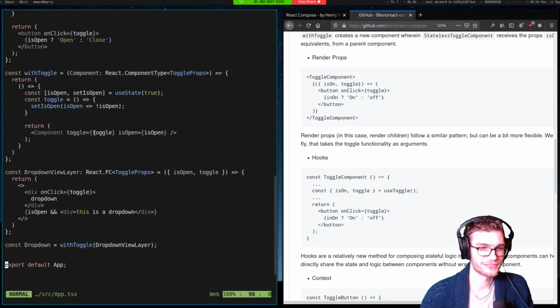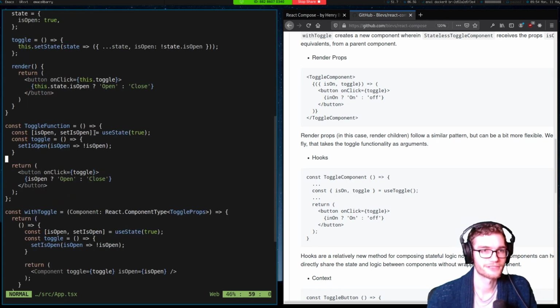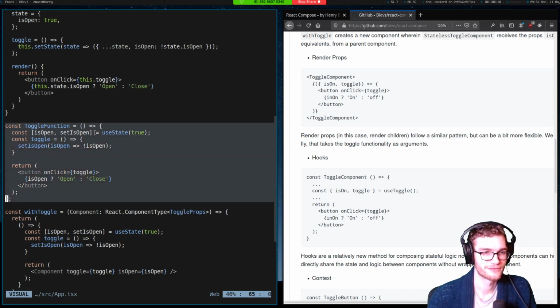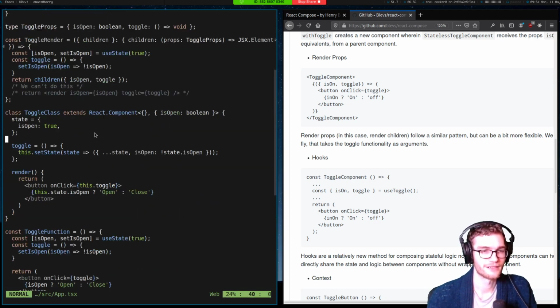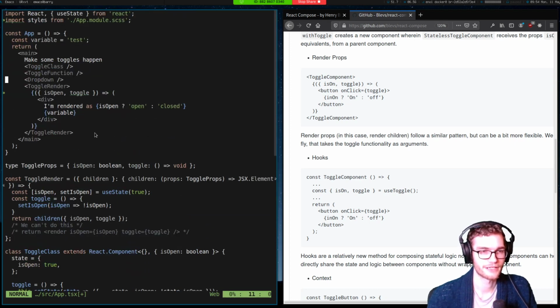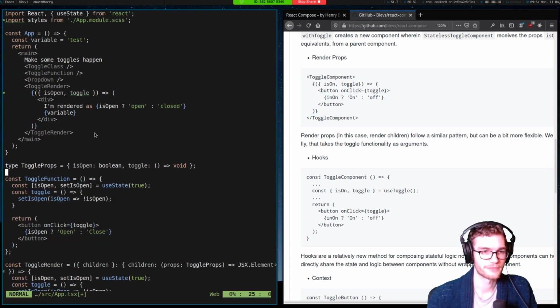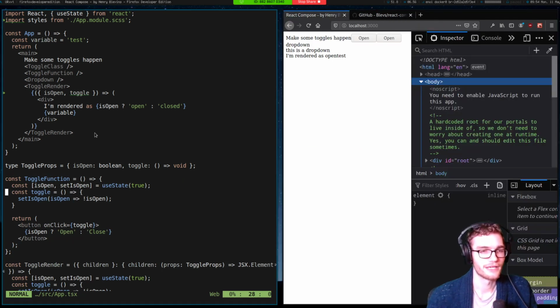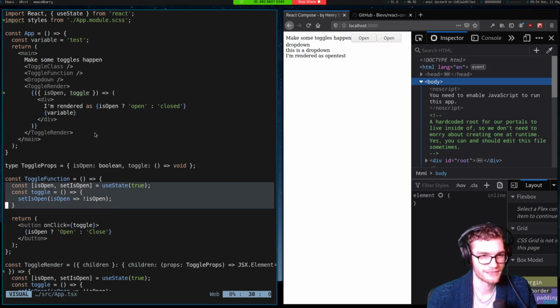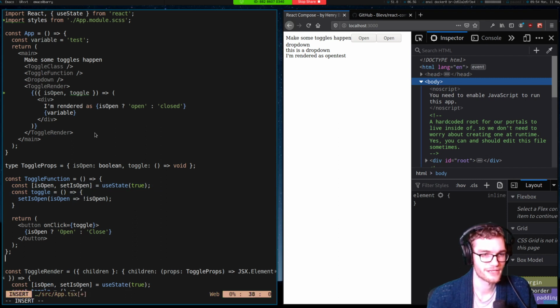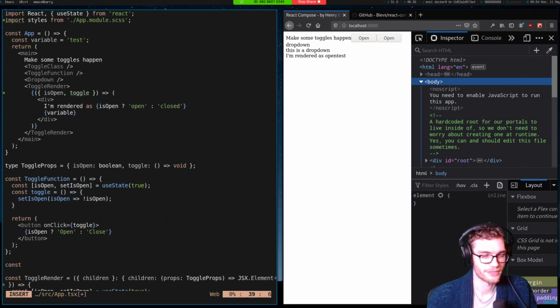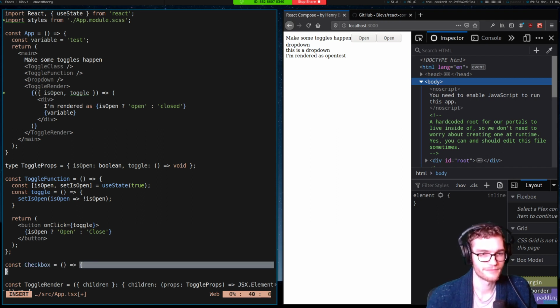And so what we're going to do is I'm going to come down here and grab our toggle function. Actually, let's just cut it. We'll cut it and put it right up top. Right, so this is our toggle function. And what we want to do is take this logic, and use it in another component. Well, we'll make the checkbox component this time. The checkbox component is going to return